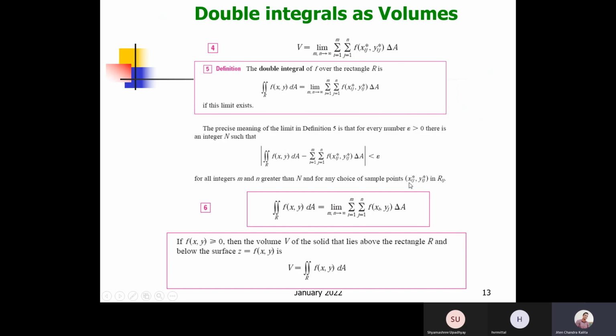So now you know that as we increase the number of subintervals,